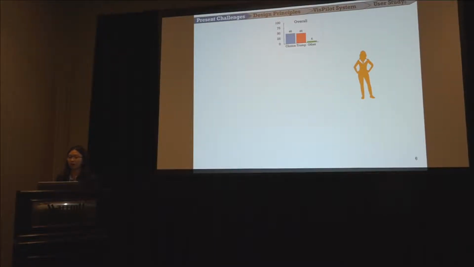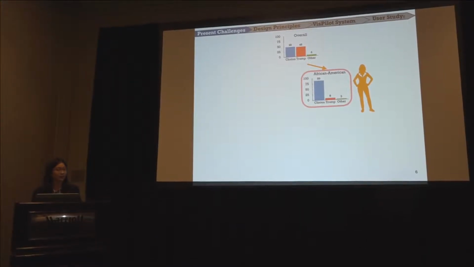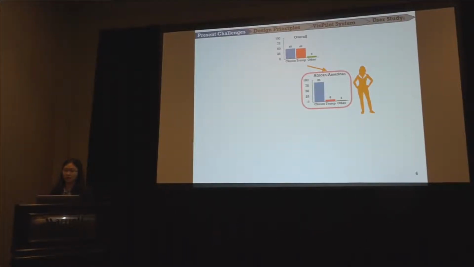To illustrate the challenges associated with manual drill down, let's look at an example scenario of two campaign managers, Alice and Bob, who are looking at the 2016 US election dataset. They want to study how voting behaviors vary across different demographics. So to perform this task, Alice looks at bar charts of normalized percentage of votes for each candidate. She examines first the overall voting pattern, and then she drills down to the African American subpopulation. She notices how different the African American vote distribution looks compared to the overall, and she finds this to be